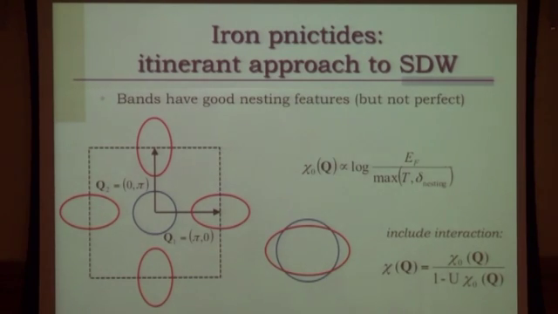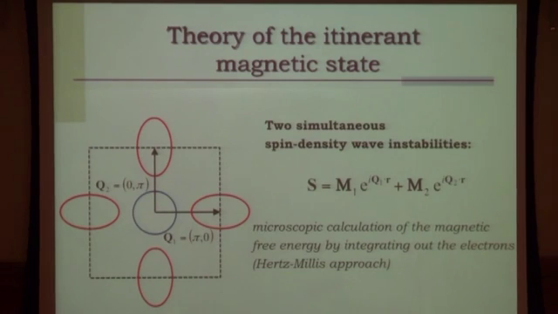Very good. What is the problem here? Or what is the issue? Why is this different than what I was telling you earlier? Because I have two simultaneous instabilities. It's not only (pi, 0), but it's also (0, pi). And this is guaranteed by symmetry, because this has tetragonal symmetry. So this band has to be exactly the same as this one rotated by 90 degrees. So, if I have this instability, I can also have this one.